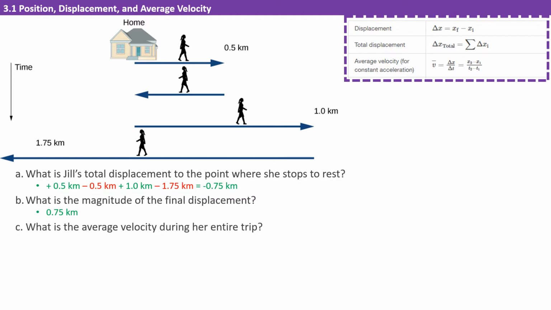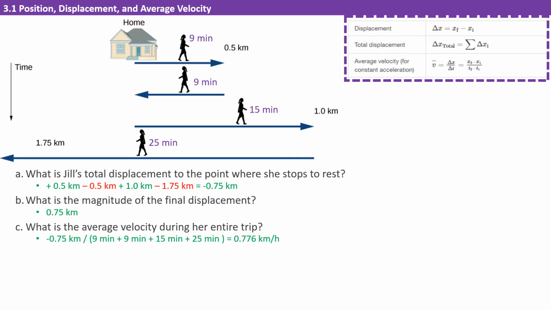Another question you can ask is what is the average velocity? And so here we're going to refer to the equations to the upper right hand side where we're dealing with the case of taking basically the final minus the initial for the total displacement over the total time. So in that case, what we're going to get is we have the negative 0.75 kilometers divided by the sums